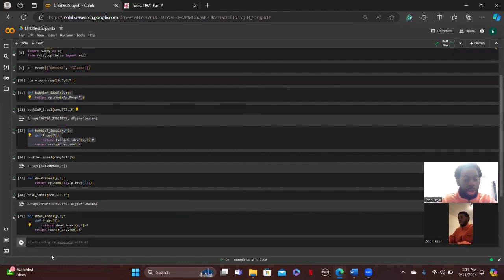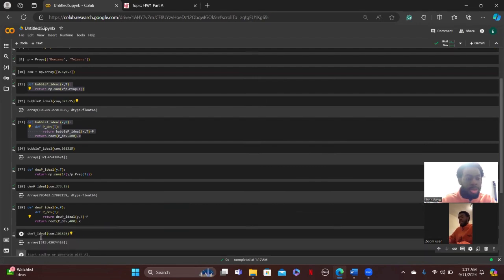Shift enter. Do T underscore dew ideal, composition, and then in pascals 101.325. We get 315.42 Kelvin as a temperature for our dew point. And that's it, ladies and gents. That's how you calculate the bubble point and dew point